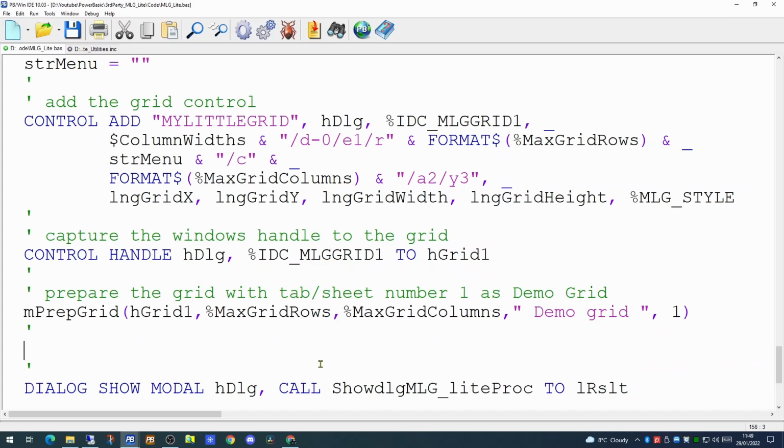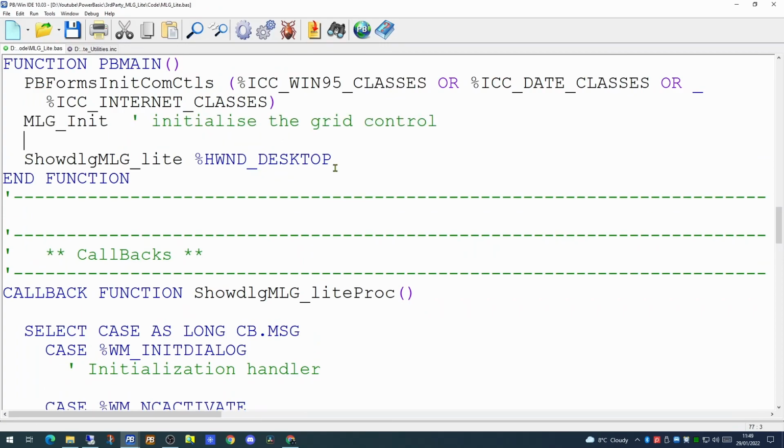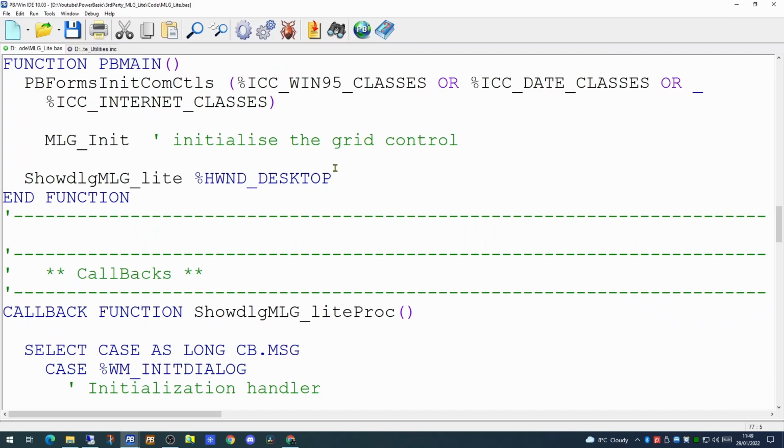So before we go further with the configuration of this grid, there's one key piece of code we need to put into our pbmain function. Right at the beginning of the pbmain, before we actually show the dialog, we need to make a call to this routine, MLG init. This is the initialization routine that initializes the grid control. If we try running the control now,